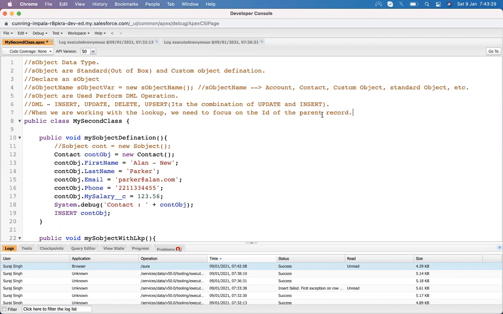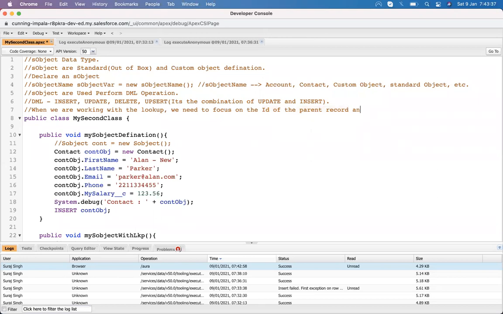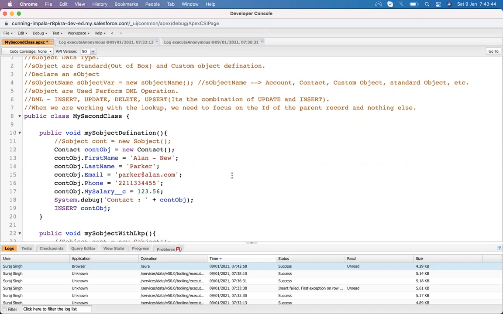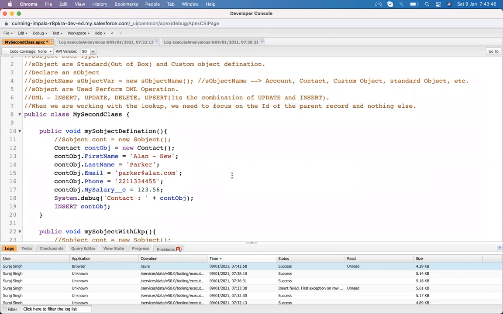This is the important point: we need to focus on the ID of the parent record and nothing else. Neither the name nor anything else. We just need to focus on the ID of the parent record and nothing else.